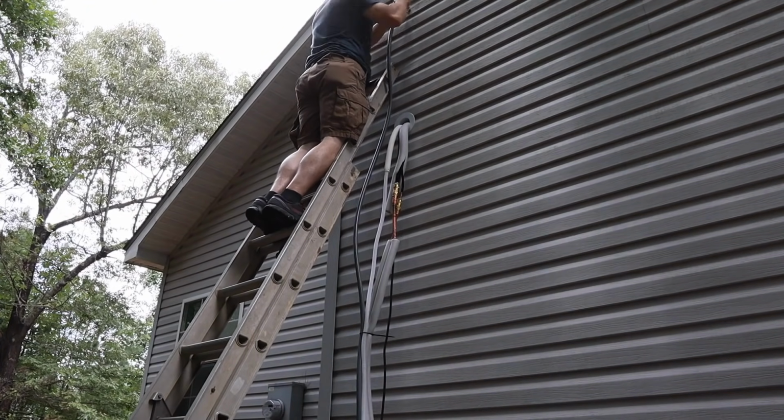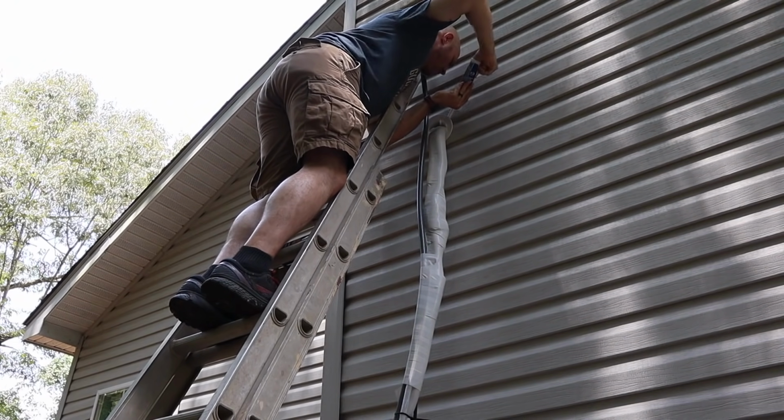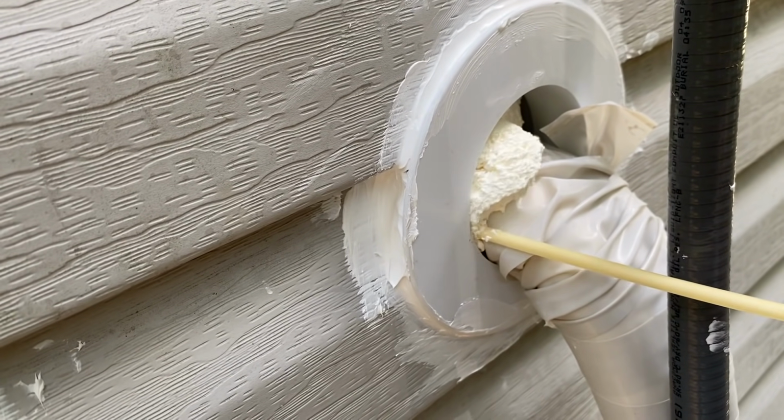So the next thing to do is seal up all of these holes. I took some silicone sealant and sealed up where the electrical and where the refrigerant lines come out. So the next thing I did is took some spray foam and filled up this giant hole